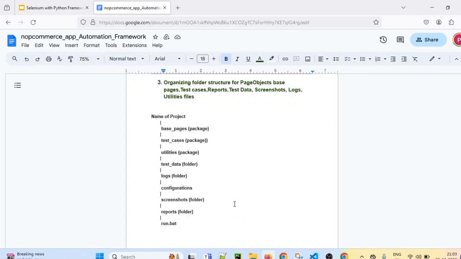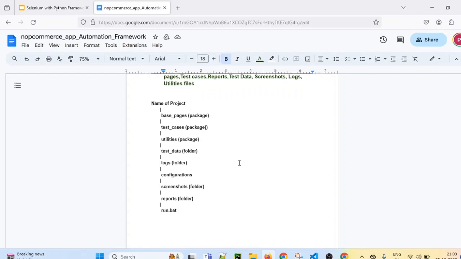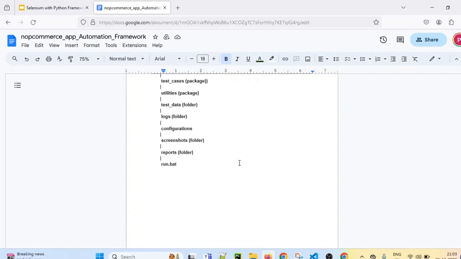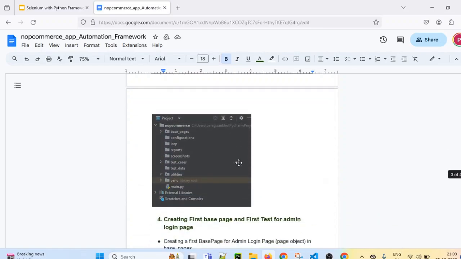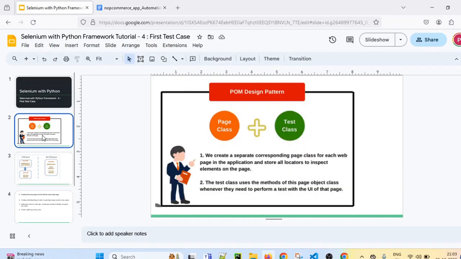Once we have that framework ready, adding new test cases requires less effort. So initially it might require more effort to create the framework components. What we will do today is create login test cases by using page object model. We are going to follow the page object model design pattern.